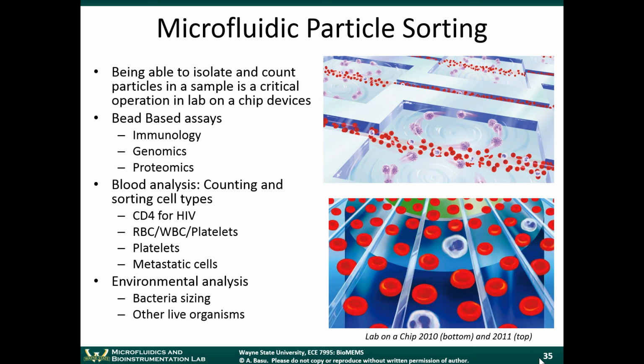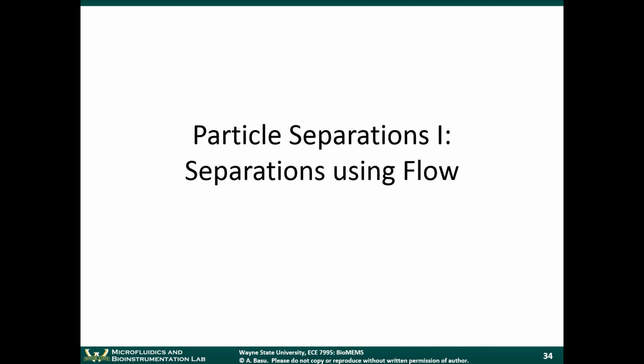There's some work that was published earlier, and this is well known now, that cancer cells have a slightly different size than normal cells do. They can be slightly larger. So if you could separate cells based on size, and you could do that with very high resolution, the idea would be you'd be able to separate cancer cells from non-cancerous ones. Most recently, some of the things that have actually been shown to work is cancer cells have different surface markers than regular cells do. So we've talked a little bit about this before,